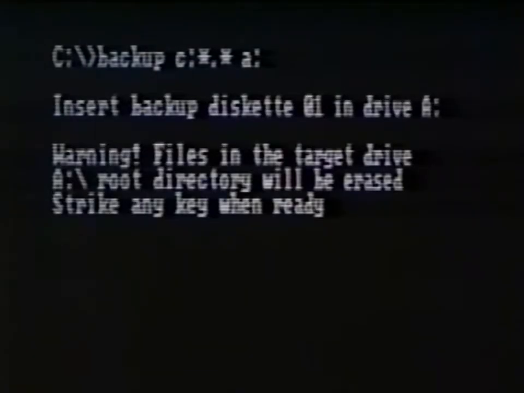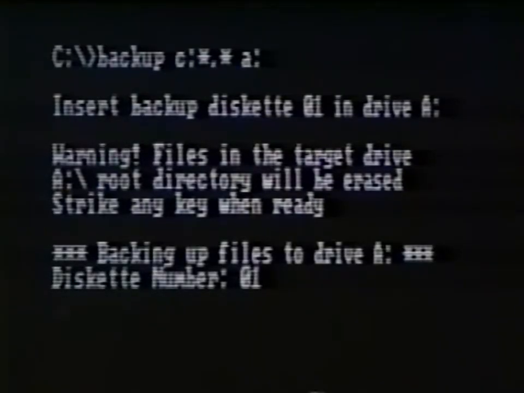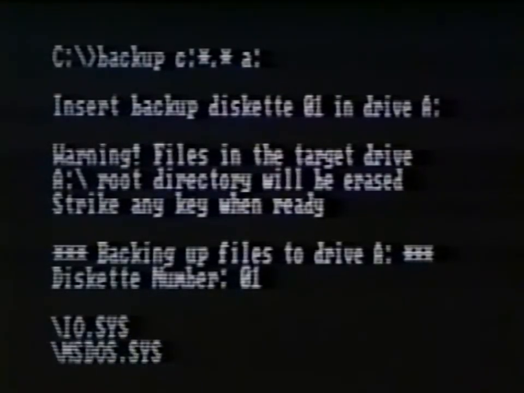Once we enter the command, DOS will give us this message. If the backup requires more than one disk, and most backups usually do, DOS will prompt us when the current disk is full, and it's time to insert a new disk in the floppy drive. So far, we've backed up only our root directory. Of course, most of the time, we'll want to back up all the files in all the directories on the hard disk.